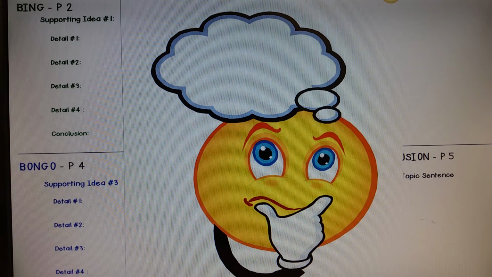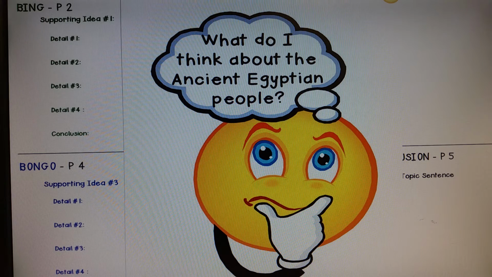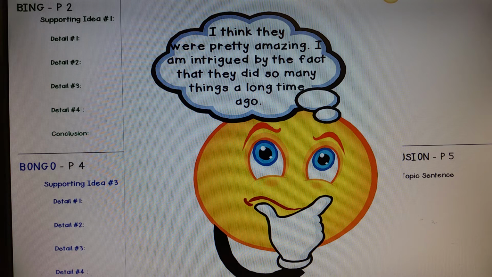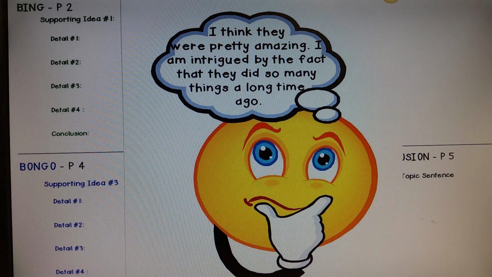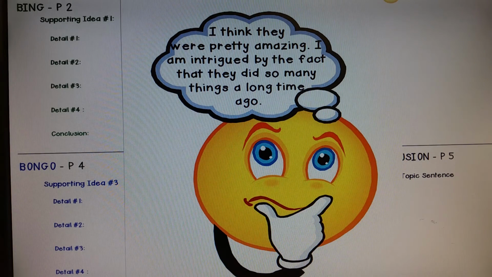What do you feel about what you read? Was there anything that was exciting to you? So ask yourself, what do I think about the ancient Egyptian people? Your brain might respond, I think they were pretty amazing. I'm intrigued by the fact that they did so many things a long time ago. Now, I don't know if that's what your brain said, but your brain said something. So use what your brain said in response to that question